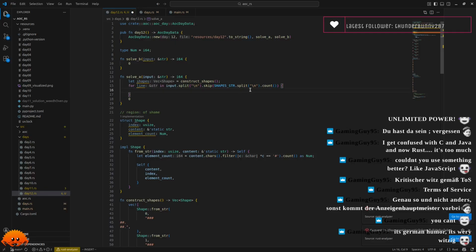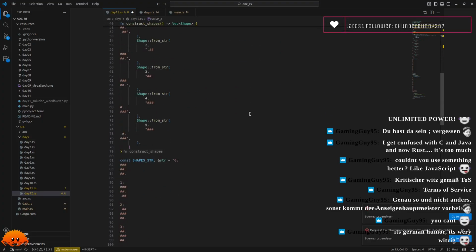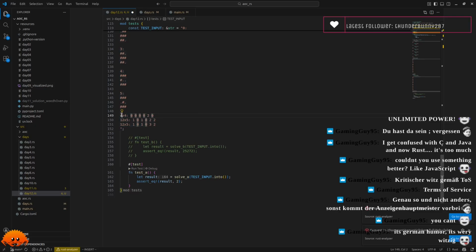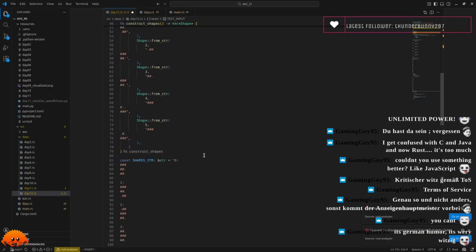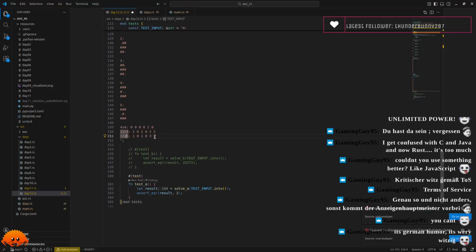And then we have the shape count and then, okay, so now these lines should be the lines down here. So we have our grid, XX. Yeah, I need regex here. Or I could split on colon